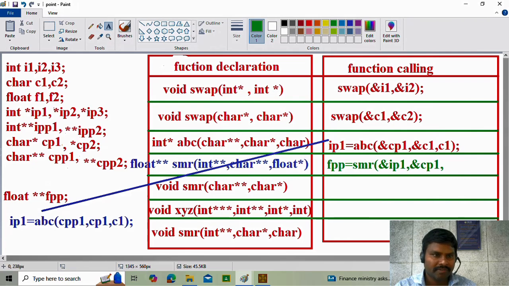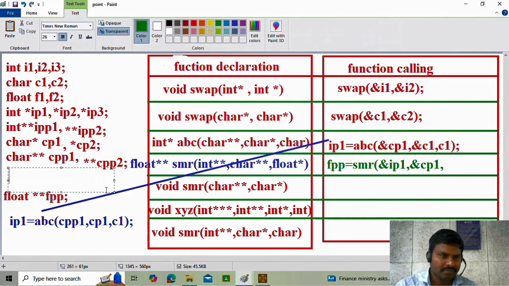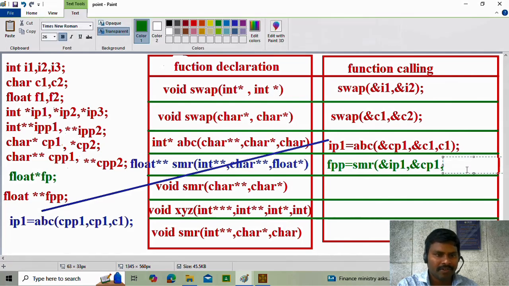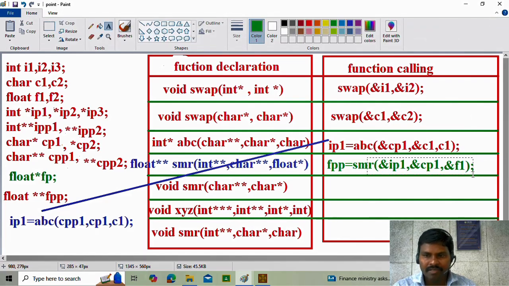Here you have to declare the variable as float asterisk fp, float pointer fp. Okay, so directly you have to write fp or address of f1, semicolon. This one also you have to write